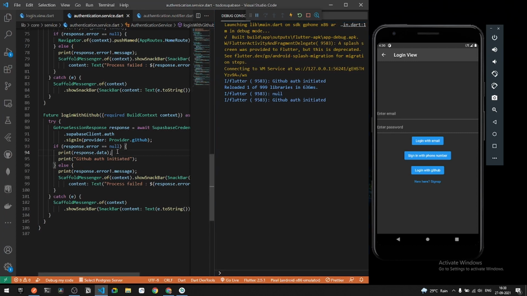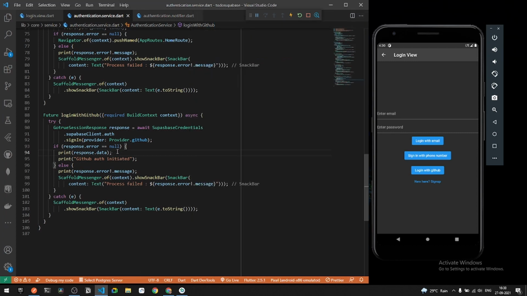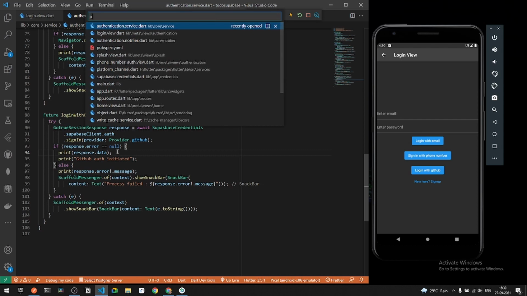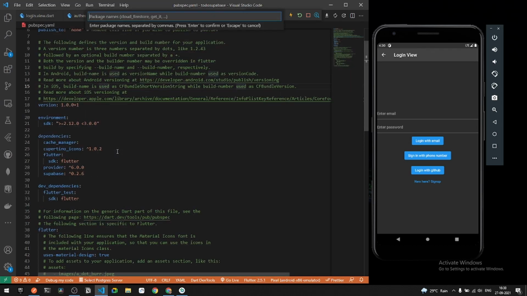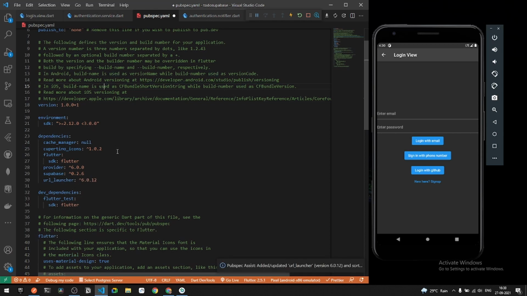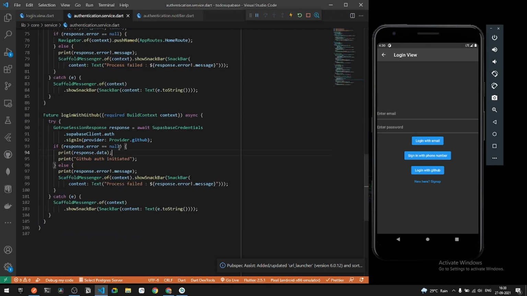What I will be doing, I will be using a new dependency known as URL launcher. So I can go under my pubspec.yaml file. I can simply say url_launcher. Now you don't have to do this under future versions, but if you are using it now, you have to do it. Just Control and S for now. Alright, so once it is up and ready, we can go back, and here you can see once the following error is null, we can initiate our entire URL.